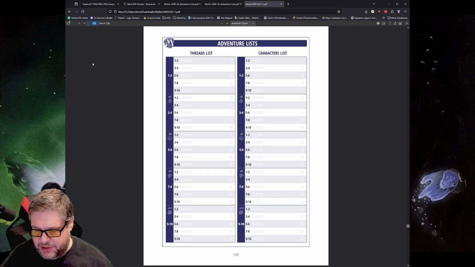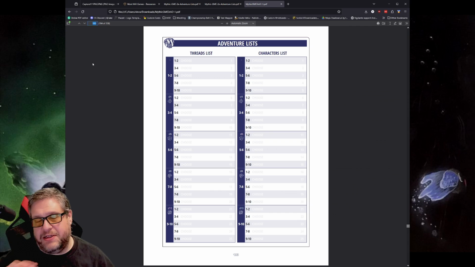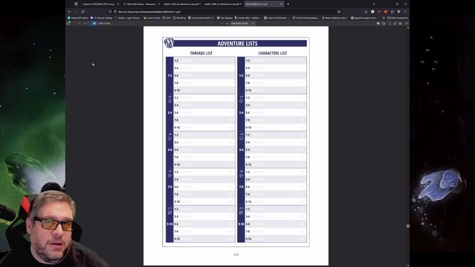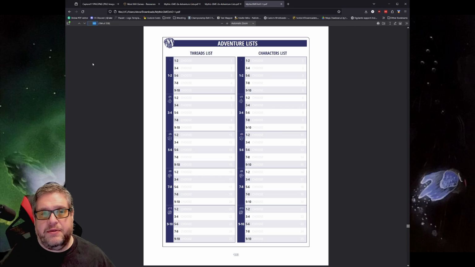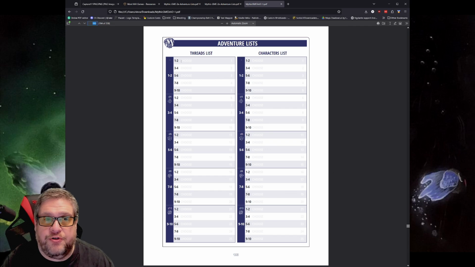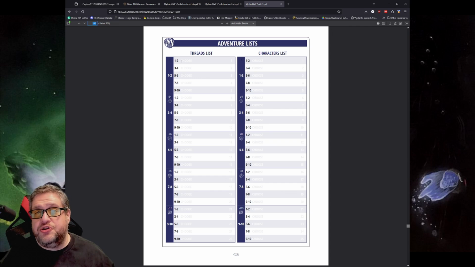So anyway, pages 60 to 63 have a pretty good example of all these things. But a threads list, basically, to sum it up, is the things that you want to keep track of, such as events that happen in your game, quests that you pick up, goals you want your character to obtain throughout the adventure,